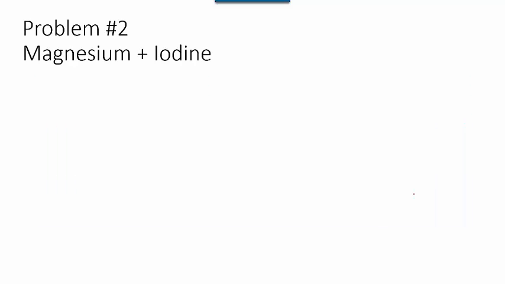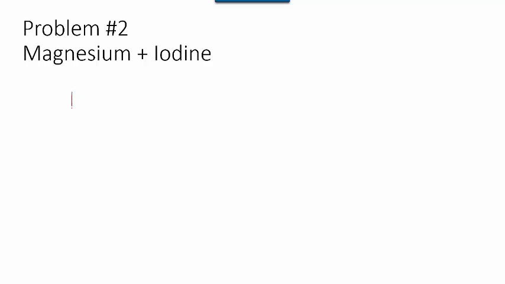Okay, we're going to do practice problem number 2 together, and I'm going to walk through what I expect you to have, because you're going to get points for each piece of this. All right, first thing you're going to want to do is take the names of the elements. They tell you which elements you're going to be bonding together, and you need to make a Lewis dot structure